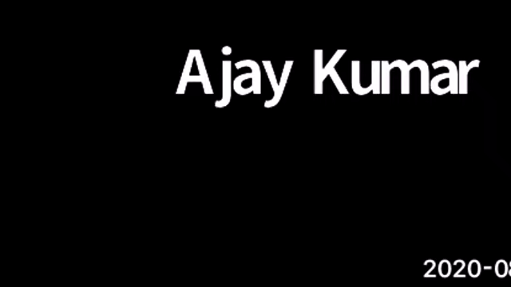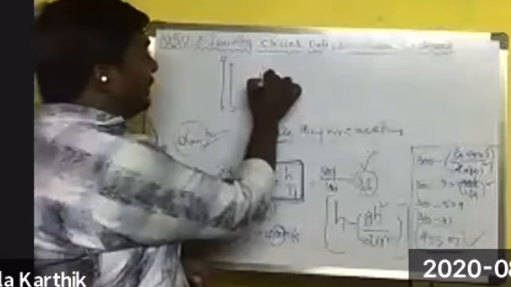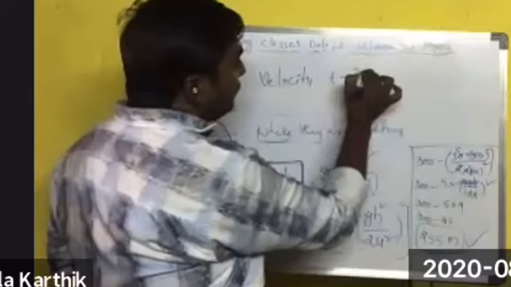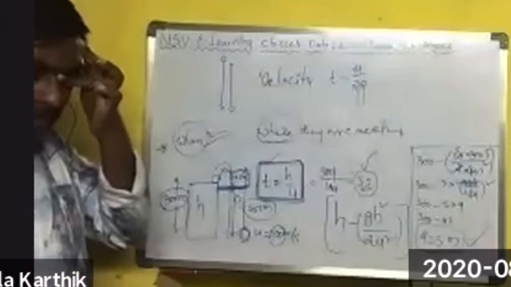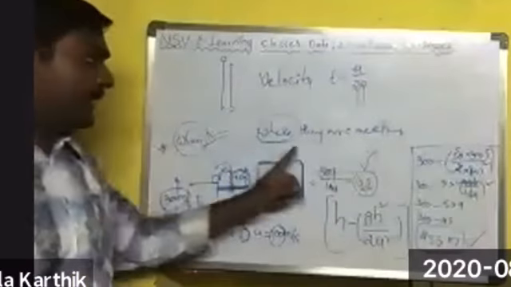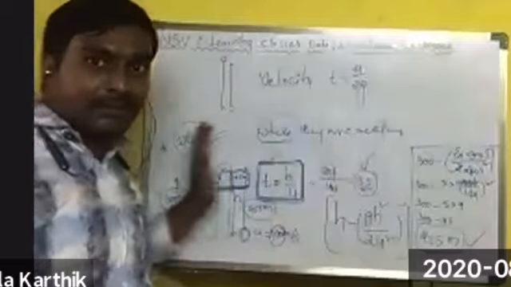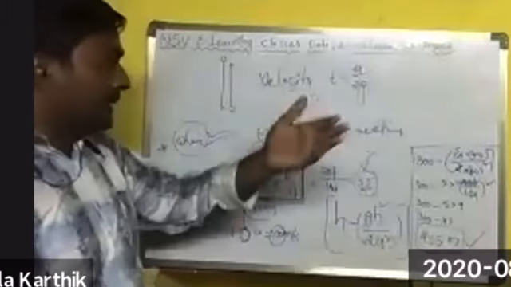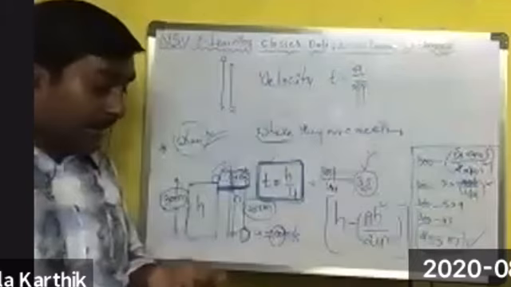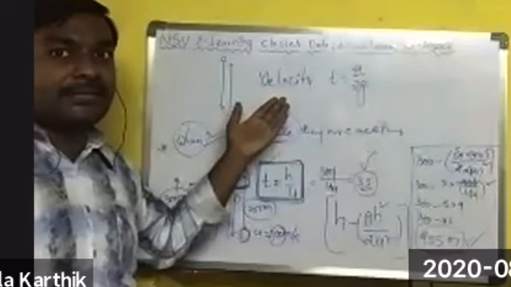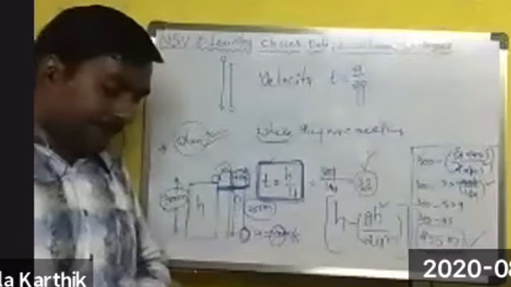Velocity. Tell me, Nana, velocity. T equals U by 2G. Yes, what is that concept? Actually, in our question, when and where they are meeting, that's why I gave that discussion only. Is it okay now? Yes, she is saying velocity. Yes, again another concept, some other concept also there. What is that, Nana? Velocity.